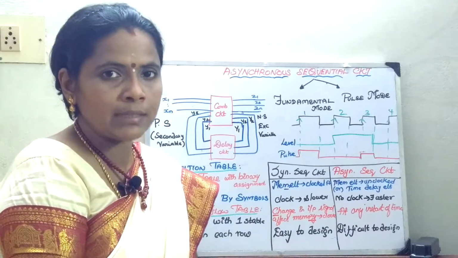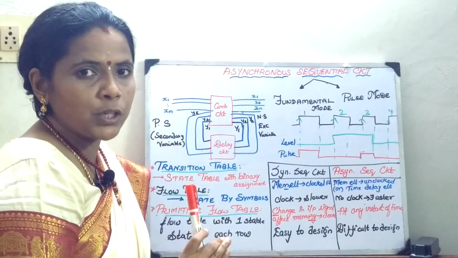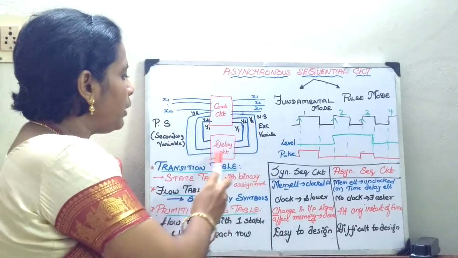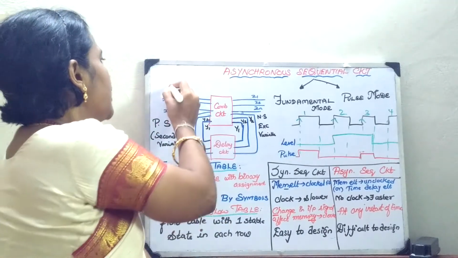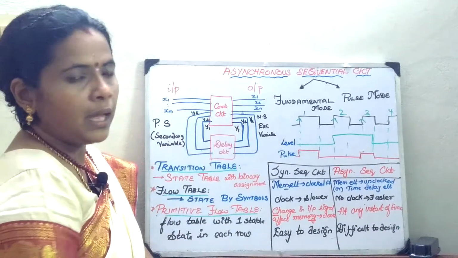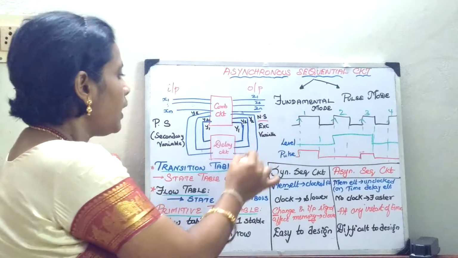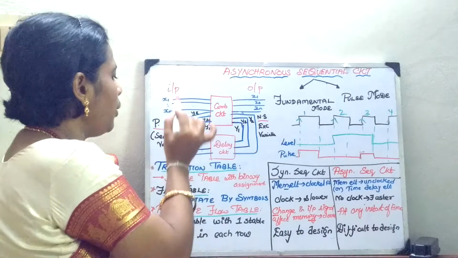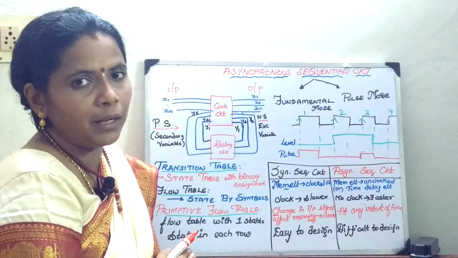Just knowing the difference between these two, we will move on to the circuit configuration of the asynchronous sequential circuit. Generally, you know how to design a sequential circuit. You will have a combinational circuit and you will have the memory element as a feedback. You will have certain inputs and certain outputs. Whatever data is coming as feedback is going to be your next state, and whatever data you feed to the next level becomes your present state. That's what we have learned in the synchronous sequential circuit.